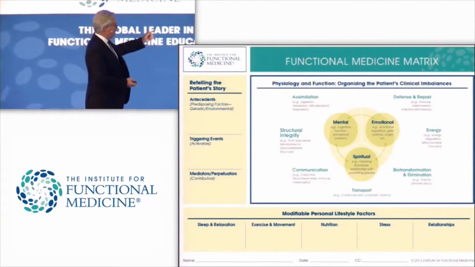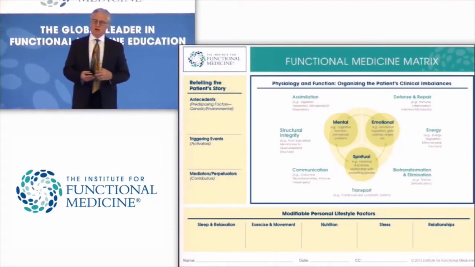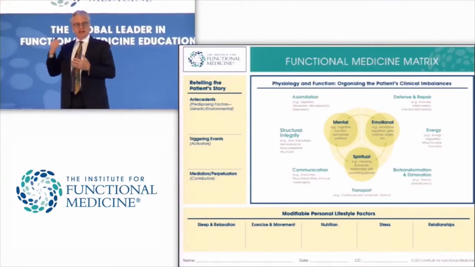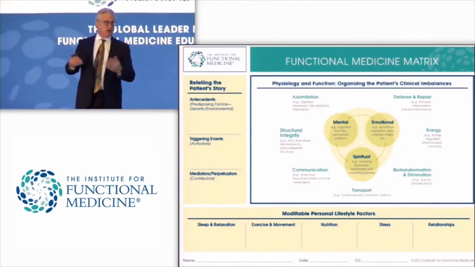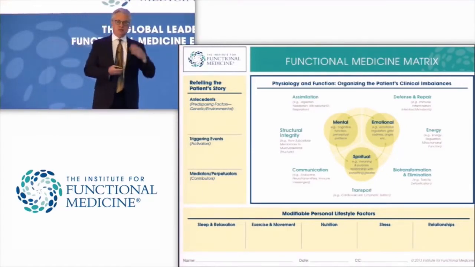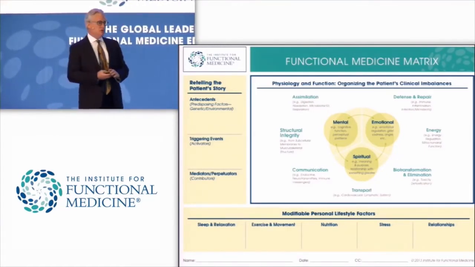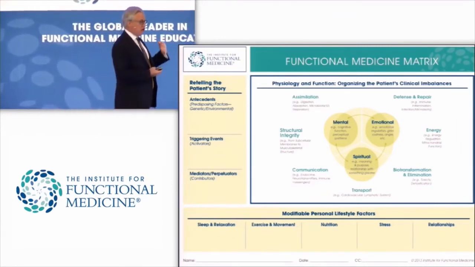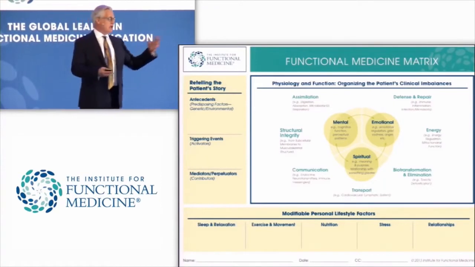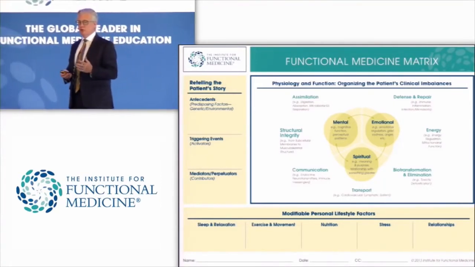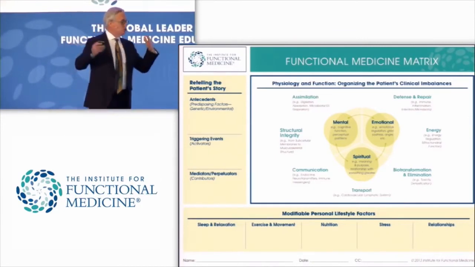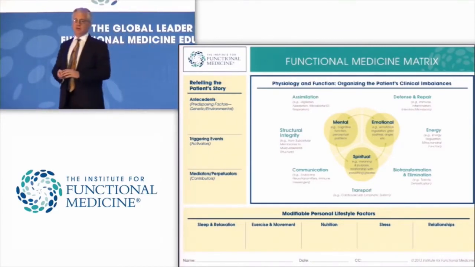The matrix itself, which we talk about here, is more for teaching and helps to illustrate each of the different areas: assimilation and our connection to the earth and the nutrients, the defense and repair mechanisms, the role of inflammation in the immune system, energy production, detoxification, how things move through our system, how we communicate with neurotransmitters and hormones, and does the structure work with integrity. We'll be going into great detail over this over the course of the week.